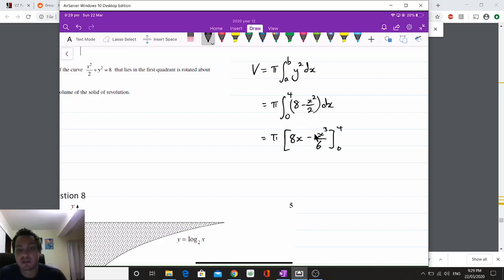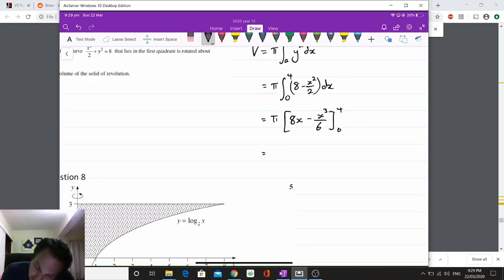Okay, so if you differentiated this, it will become 3x squared over 6, and the 3 over 6 is going to get us out 2. And therefore, we can now do pi by, let's have a look, when 4 gets substituted in, we get 8 times 4 minus 4 cubed over 6, which is